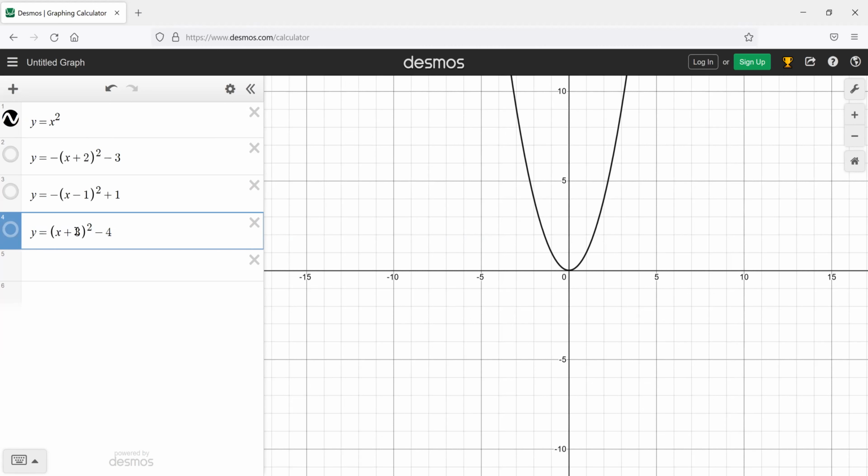So it'll go to the left 3 and then down by 4. Very good, perfect. Okay, so let me go back to our other workspace here and try to explain